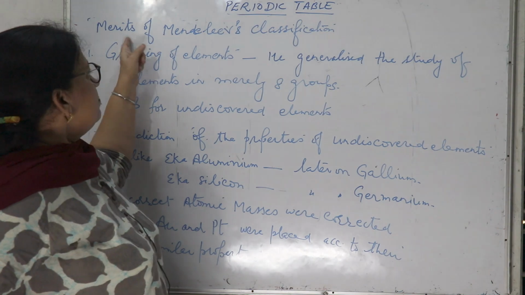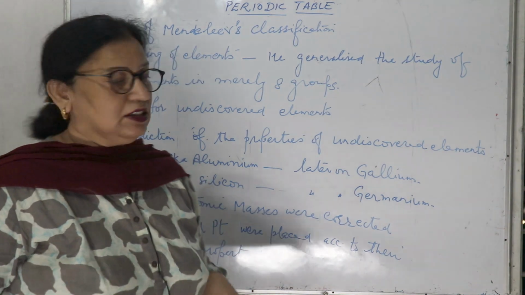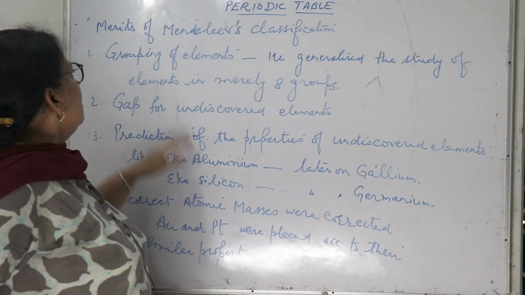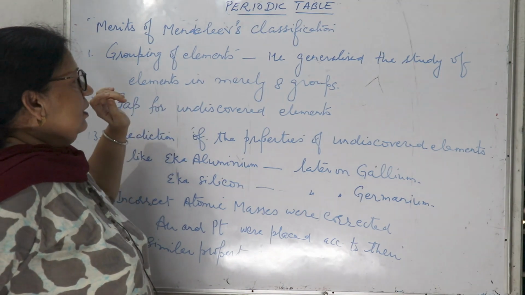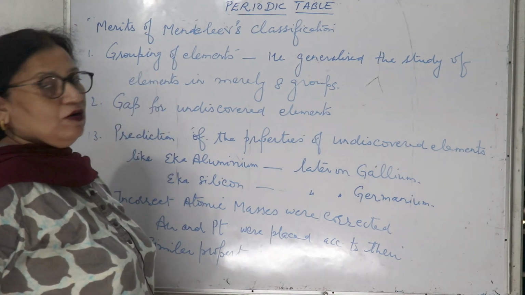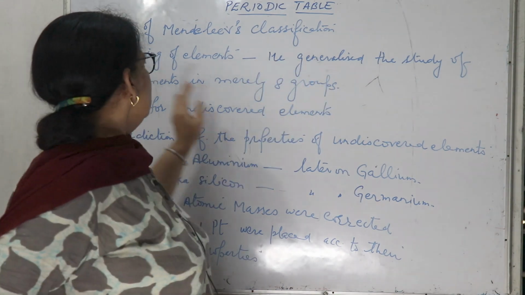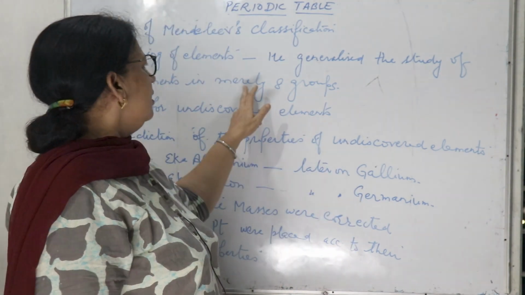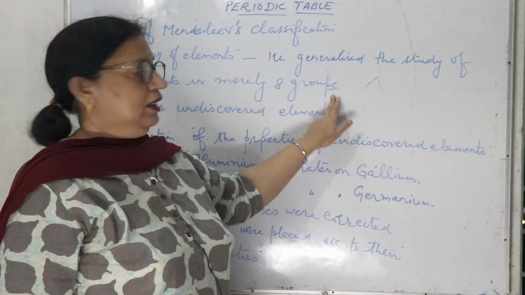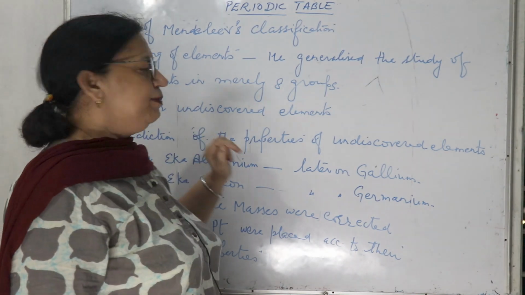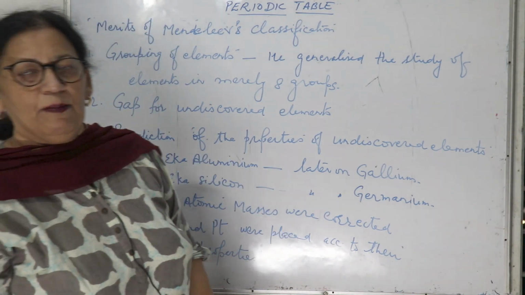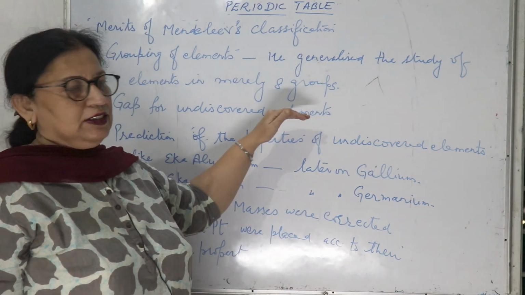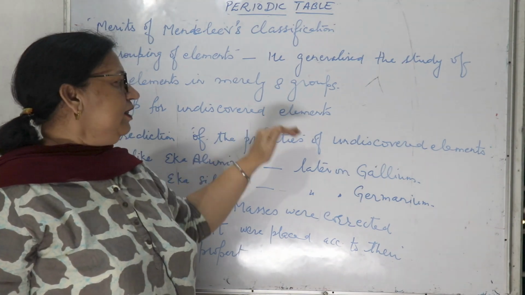Our next topic is merits of Mendeleev's classification, as he was the first who made the table with groups and periods. What are the merits of his classification? First one is grouping of elements. He generalized the study of elements in merely 8 groups. He made the study compact in 8 groups only. And secondly, he left gaps for the undiscovered elements. By knowing the properties of the elements, he left the gaps for the undiscovered elements, and he predicted the properties